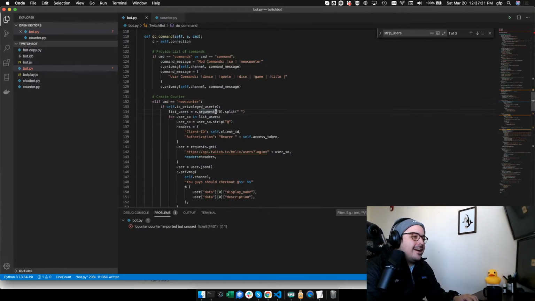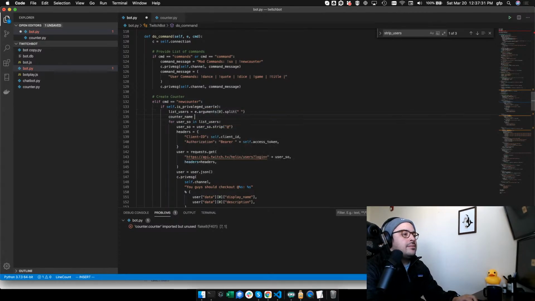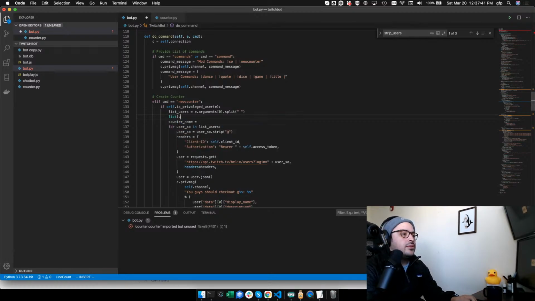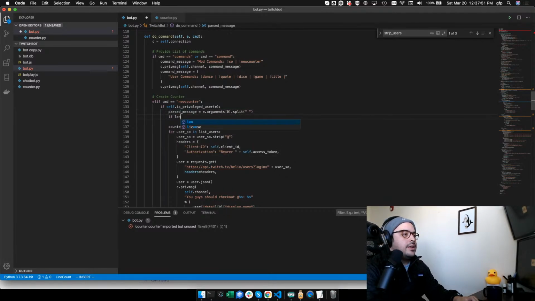It's so good. Okay, so list users, e.arguments split. So basically we're going to have the new counter and then what the counter name is. So counter name is equal to basically the second. Oh, actually we should probably do something like list users. So not list users, let's go ahead and do parsed message. And if len of parsed message is less than